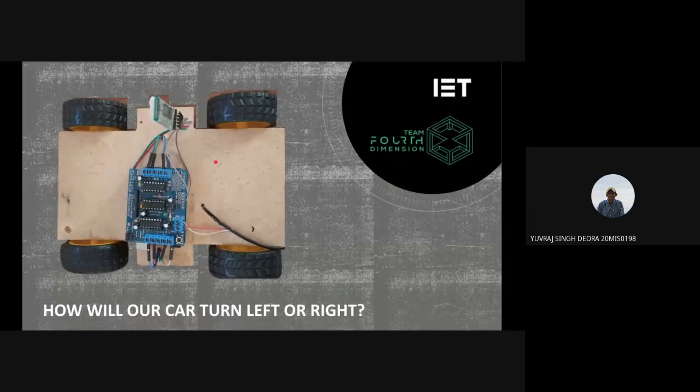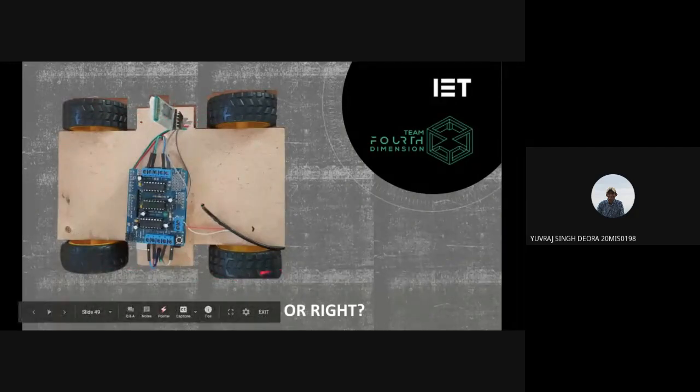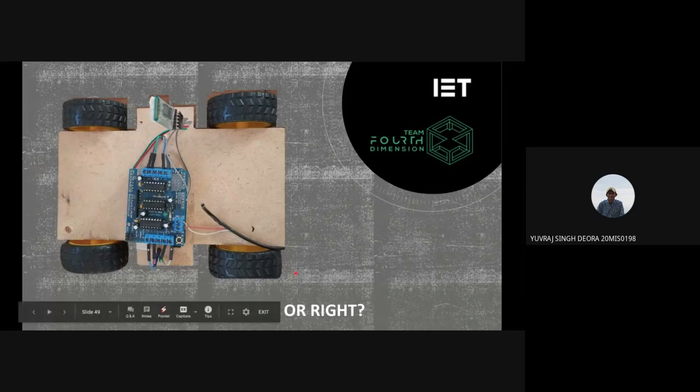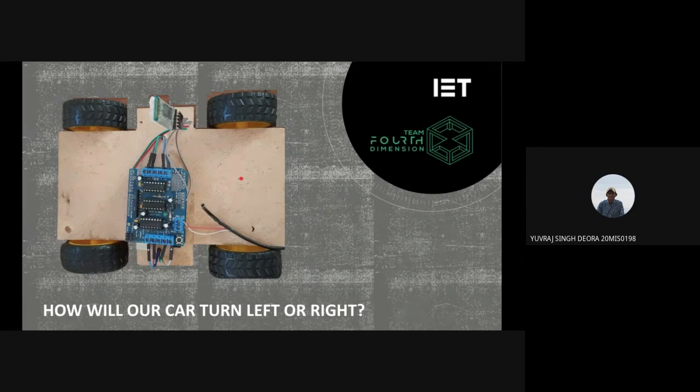In order to move my car left or right, just see these two motors. If I move these two motors in an anti-clockwise direction, and these two motors in a clockwise direction, what will happen? This part will move this side, and these both will try to move this side, which will ultimately turn your car left.